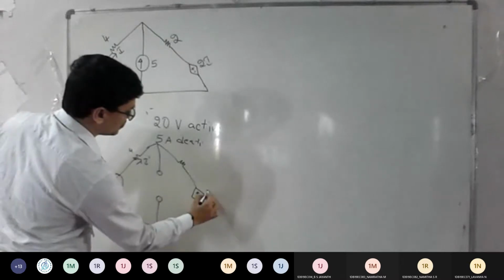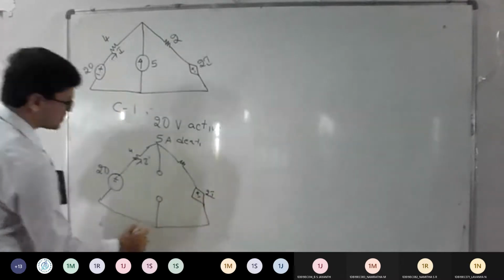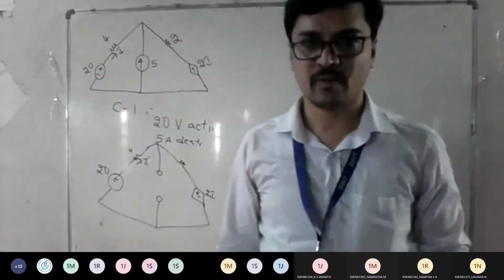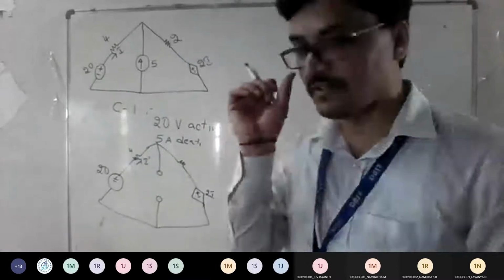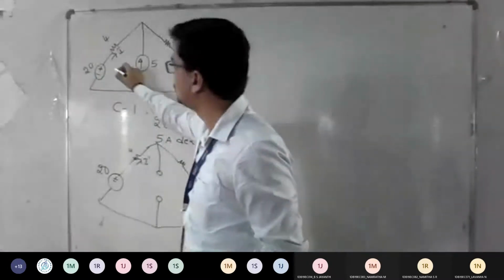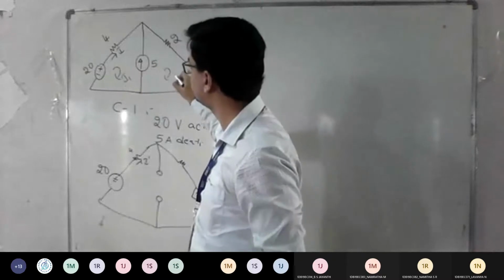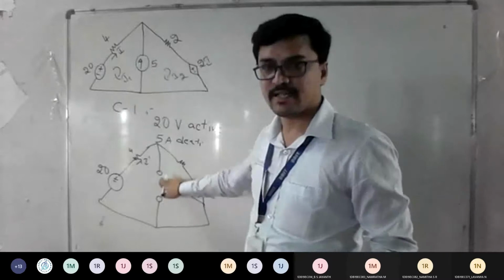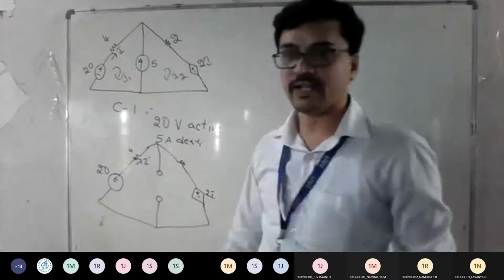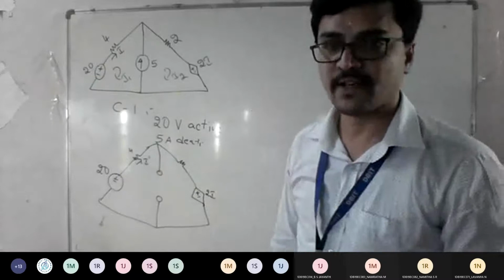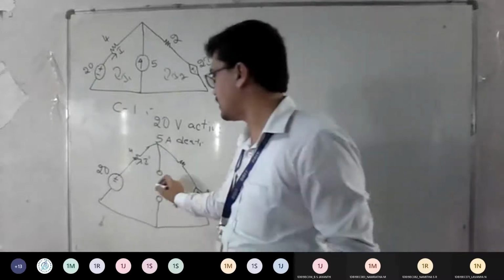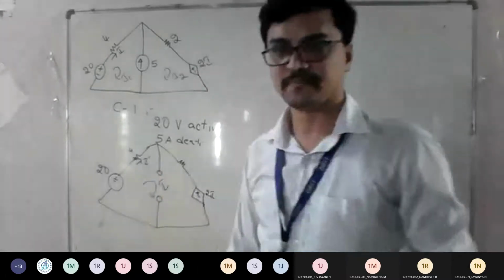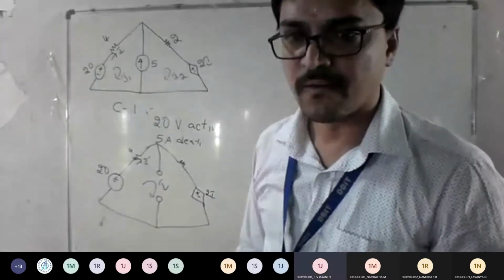So plus minus 2I. This is what the circuit looks like, correct? Now what will we apply, mesh analysis or nodal analysis? Mesh is enough, no? In general, you have two meshes, I1 and I2. Since this is an open path, I can find only one current, that is called I. Even if you take I1, I2, there is nothing but I only. So you will be getting only one current I. Can you tell that this current itself is your I dash? Yes or no? Yes, sir.